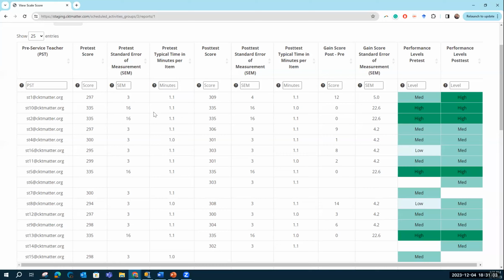Also, there is information captured in terms of the typical time to respond to each item, in minutes. Similarly, the three columns are connected to the post-test. I want to show a couple of features of the table that are helpful to support teacher educators in analyzing